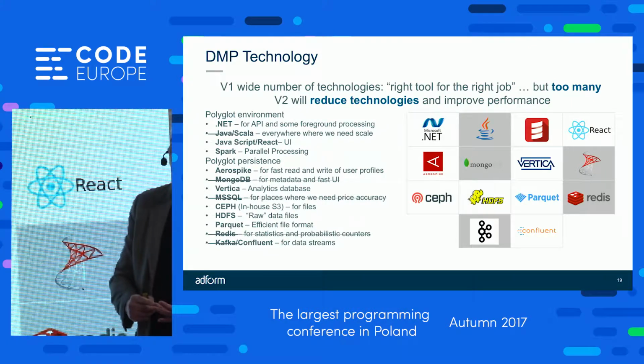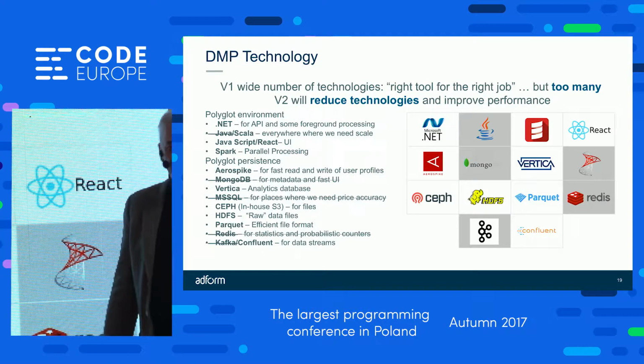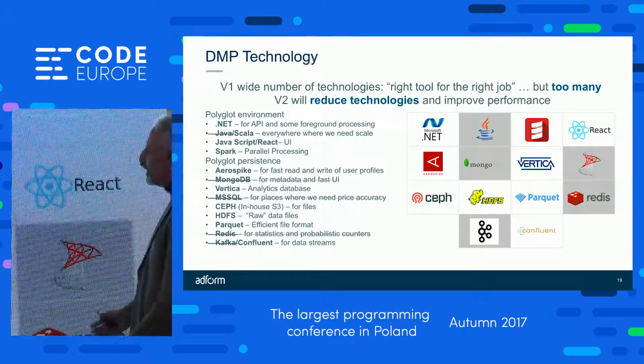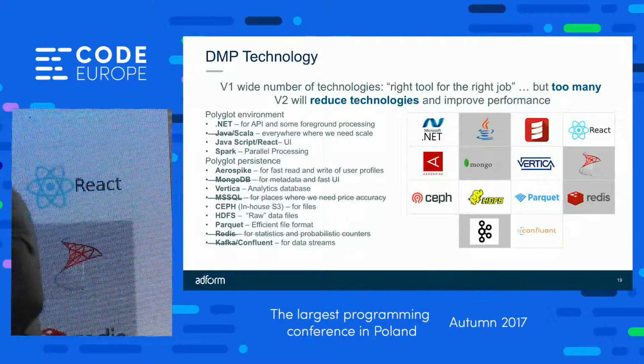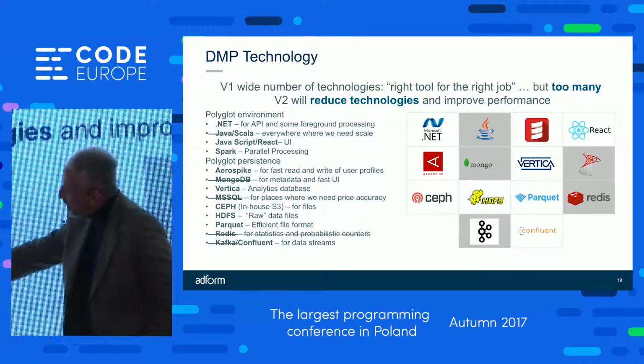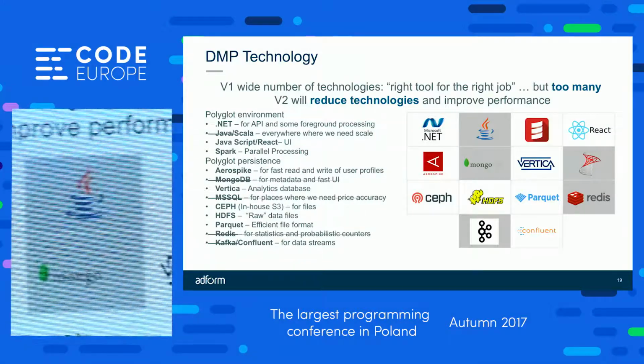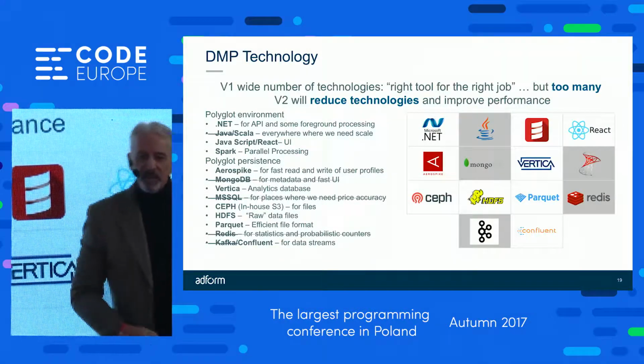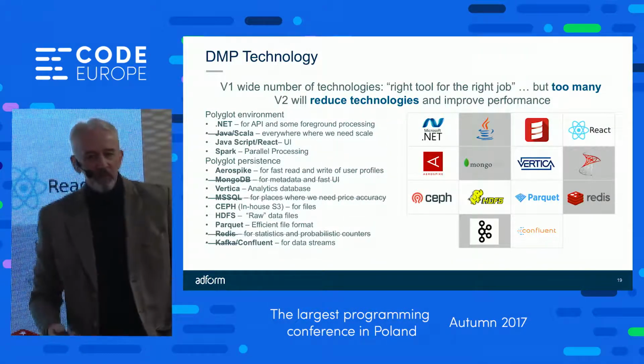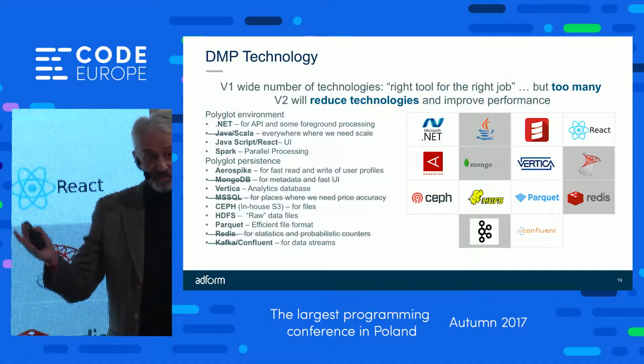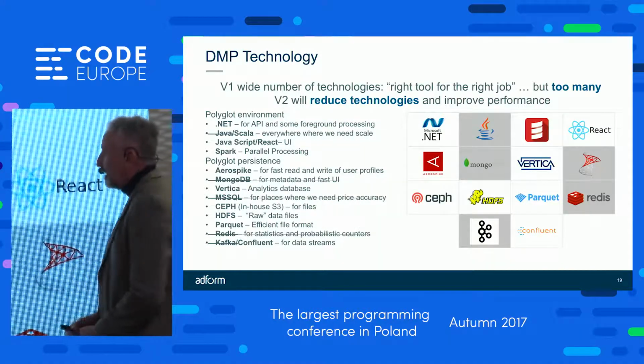We might be sick or hungover, or, you know, your partner has just got mad at you, so you're feeling terrible, or you're feeling arrogant. So we've got to reduce the number of technologies. So we're looking to get rid of a few of them out of our version 2. So we have some Java that we don't really need. We could do it all in Scala because we have Scala skills, Scala resources.